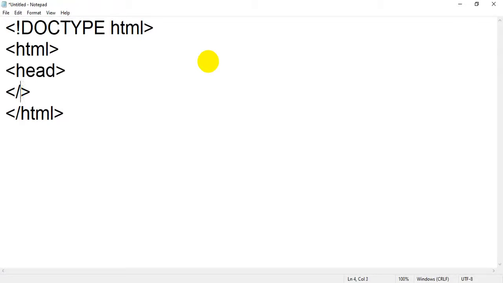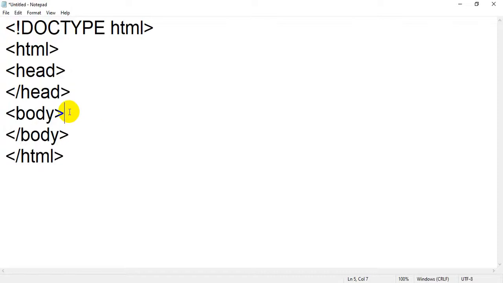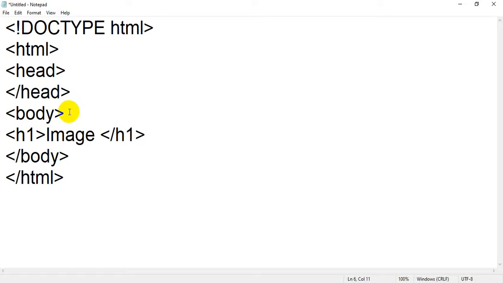then the closing head tag. After that I will add the body tag and closing body tag. Okay student, now inside that I am going to add one h1 to assign some heading. So my heading is image map